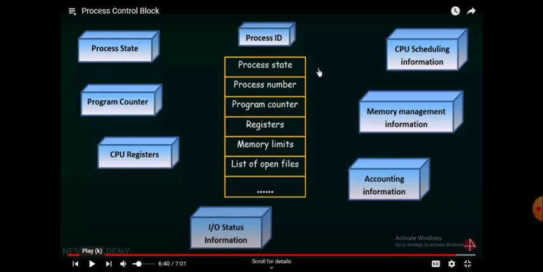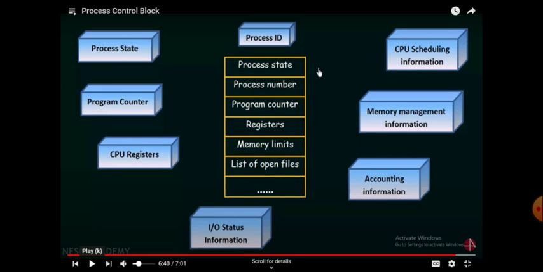Okay, so next one is CPU scheduling. What do you mean by CPU scheduling? Each and every process is going to execute. CPU scheduling determines which process is going to be allocated to the CPU. There are n number of processes we are working with in our computer system. So here the OS, or scheduler, will allocate which process goes first to the CPU.